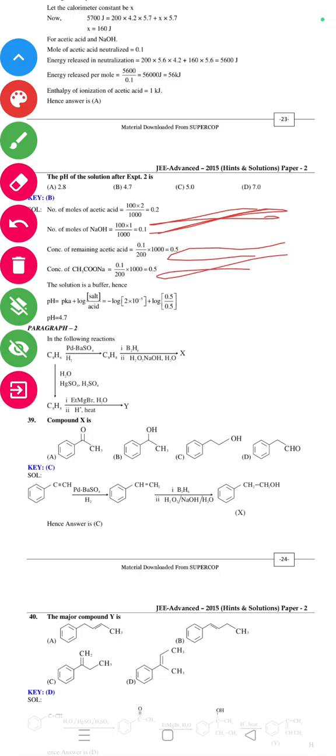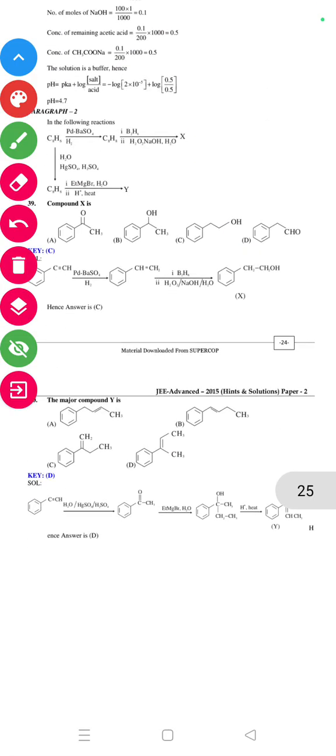The solution is a buffer, hence pH equal to pK plus log of salt by acid, minus log of 2 गुना 10 का पावर -5 plus log of 0.5 by 0.5। तो pH कितना आएगा 4.7। तो इसका आंसर क्या जाएगा, ऑप्शन बी 4.7। नेक्स्ट है कि द फॉलोइंग रिएक्शन में C8H6, Pd/BaSO4 H2 तो बनेगा C8H8,